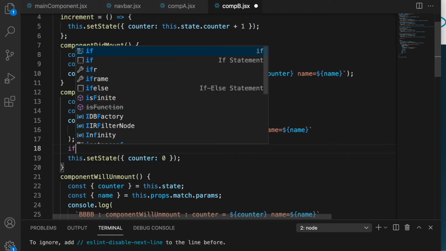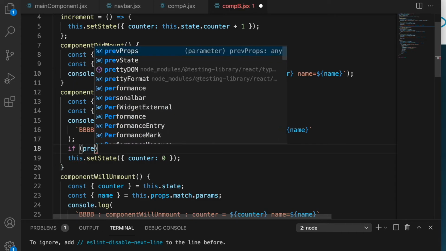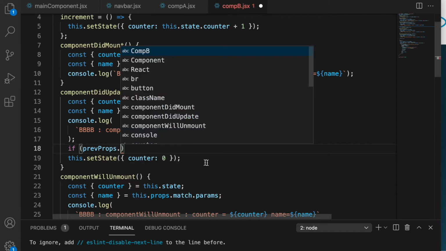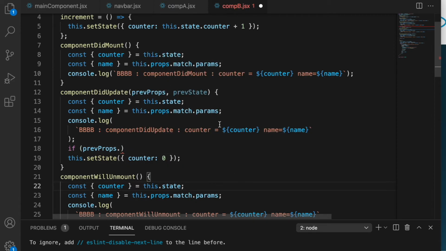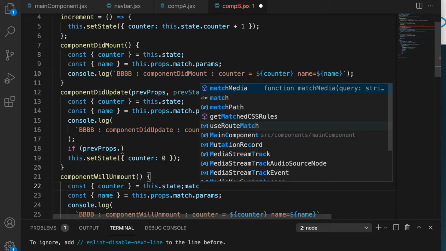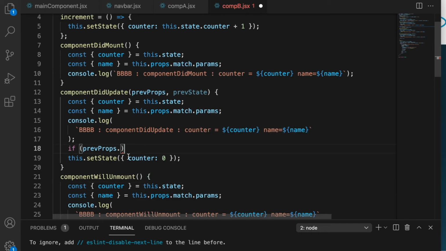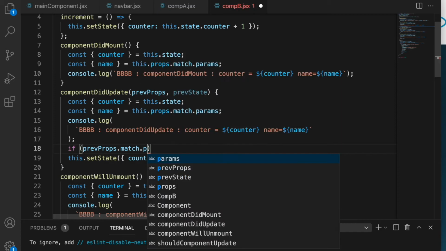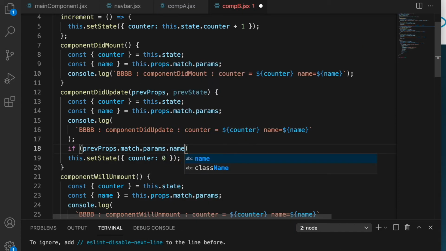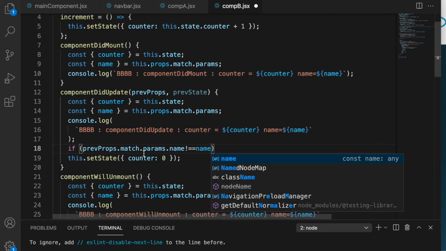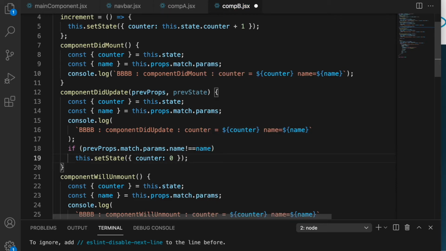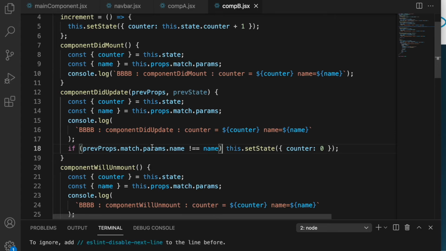Typically here we should say if previous props dot match dot params dot name not equal to name, which is the current, then we should set the state. This is our objective, that if the name has changed in the props, then we should set the state.